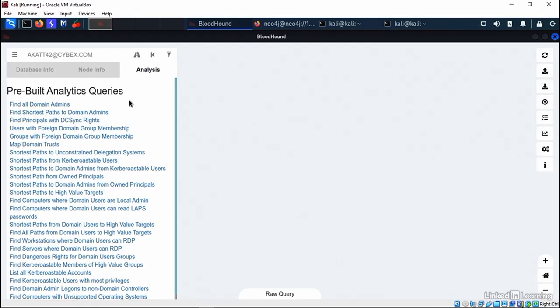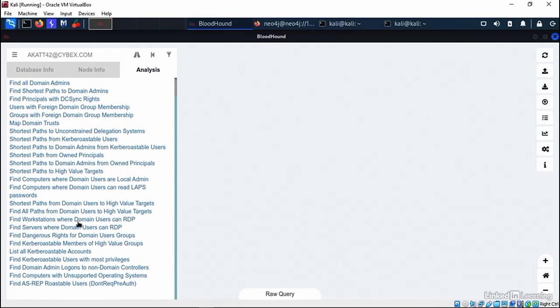Let's run the analytic List all Kerberoastable accounts. Here we find the Kerberos ticket account, but also another service account called Sendai. This is a good pointer to another possible step towards achieving escalated privileges. Another useful analytic to run is Find ASREP Roastable Users. Here we see nstove07 doesn't require pre-authentication, so this account can be exploited as we work through our escalation to